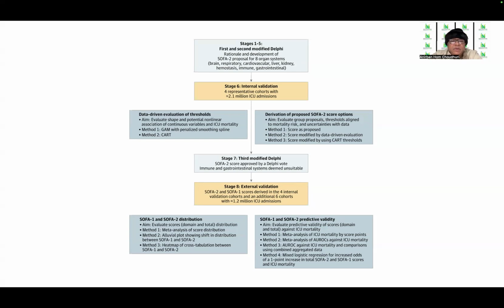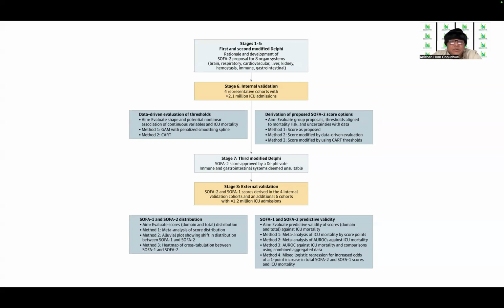And then it went into stage 7, which was the third modified Delphi, where SOFA 2 scored approval by a Delphi vote, where it was found that the immune and gastrointestinal systems were deemed unsuitable, so they were eliminated. In stage 8, there was the external validation, where SOFA 2 and SOFA 1 scores derived in the 4